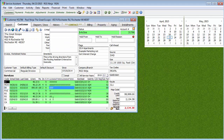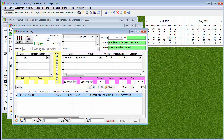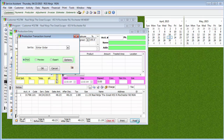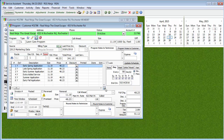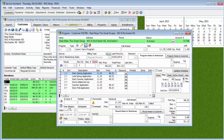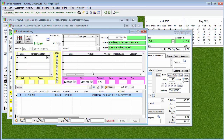So, if we come over here, let me grab my lawn care. If I go through and see, it's regular invoice, I double-click the done date so I can do a really quick post-production on it. Real Green Ninja, save and post. So what's going to happen is, even though this does not have an invoice number, it's not going to show up because the billing type is set to regular invoice. Now, if I come over here and go to the snow removal, and I print out the snow removal,